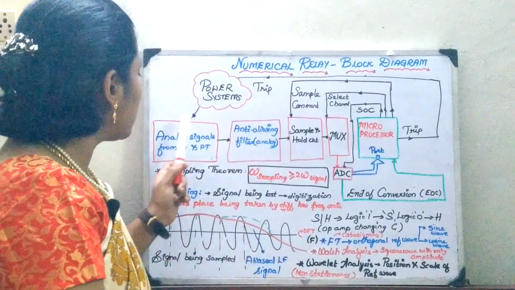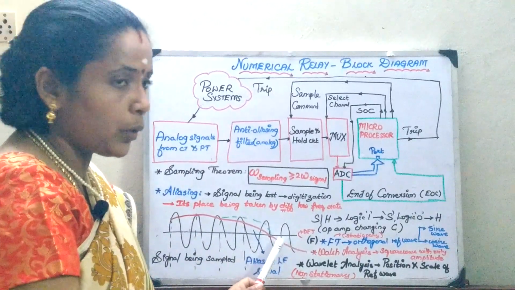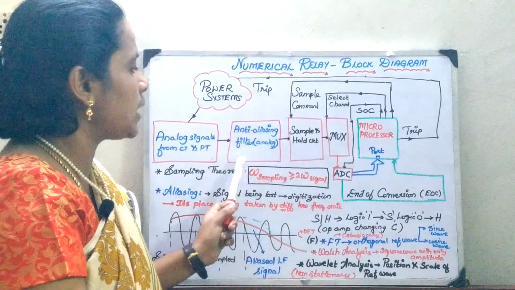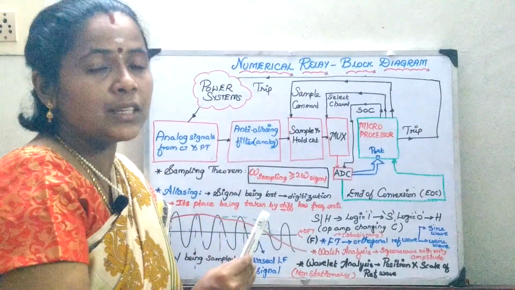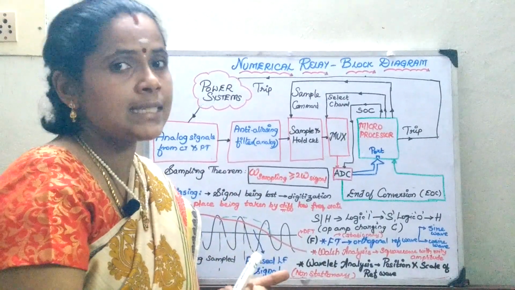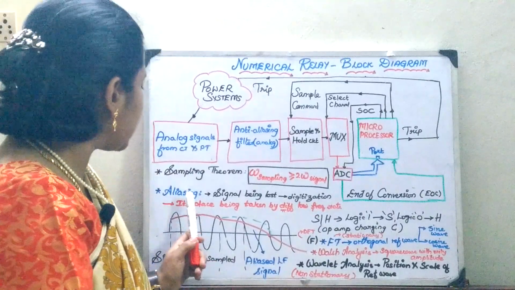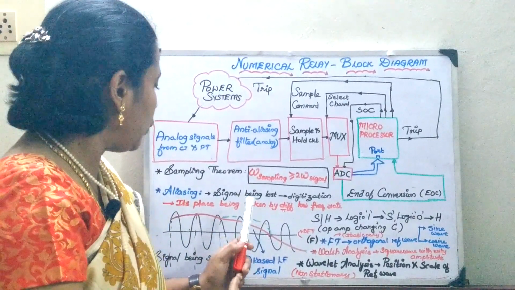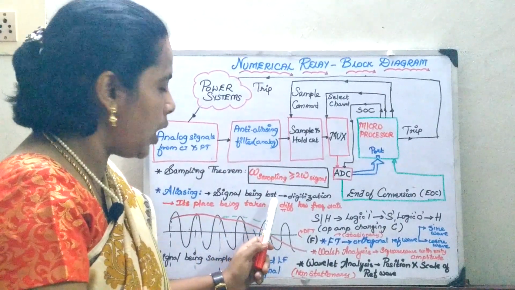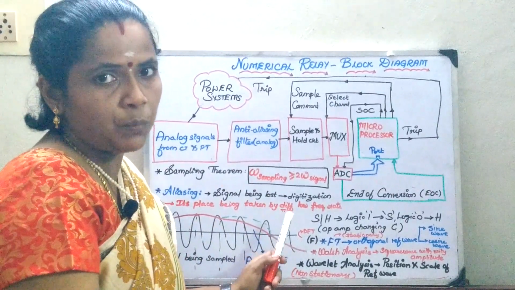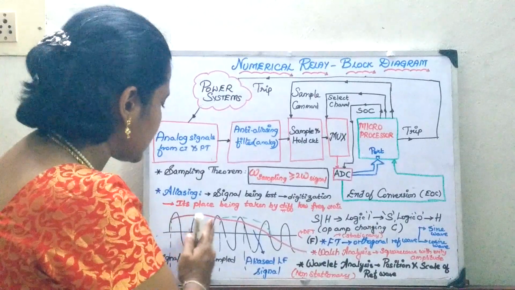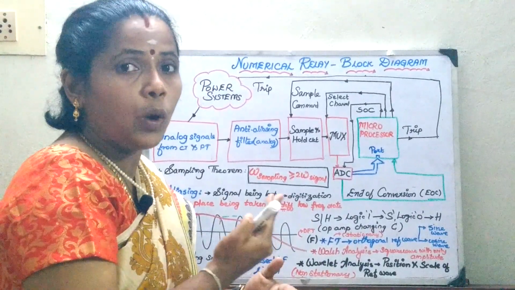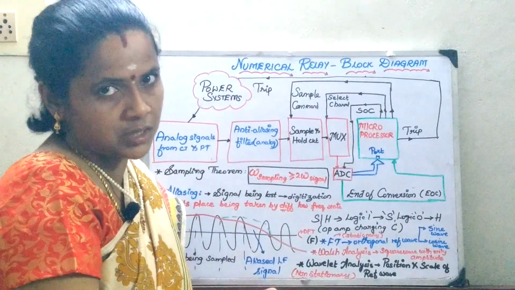Now, once this digitized signal is processed, we are going to move on to the anti-aliasing filter. So, first of all, let us know the meaning of aliasing. Aliasing is a phenomenon or a process in which the signal is lost in the digitization process. That is, you are going to sample the signal at each and every instant. In this digitization process, what is the signal that is getting lost?